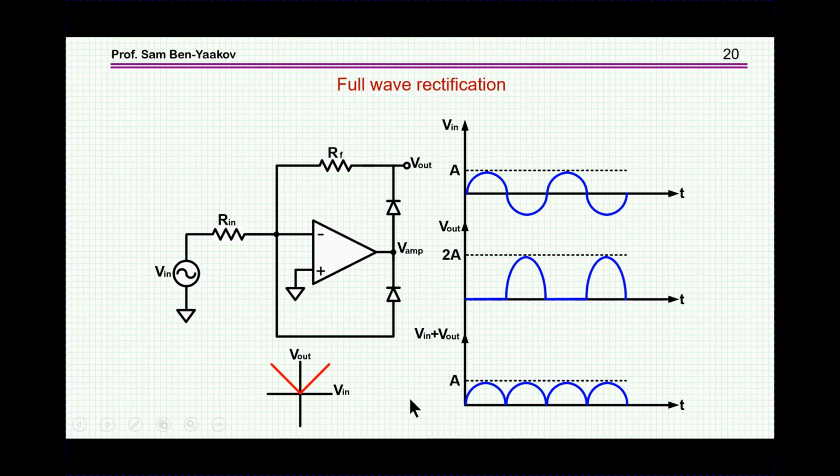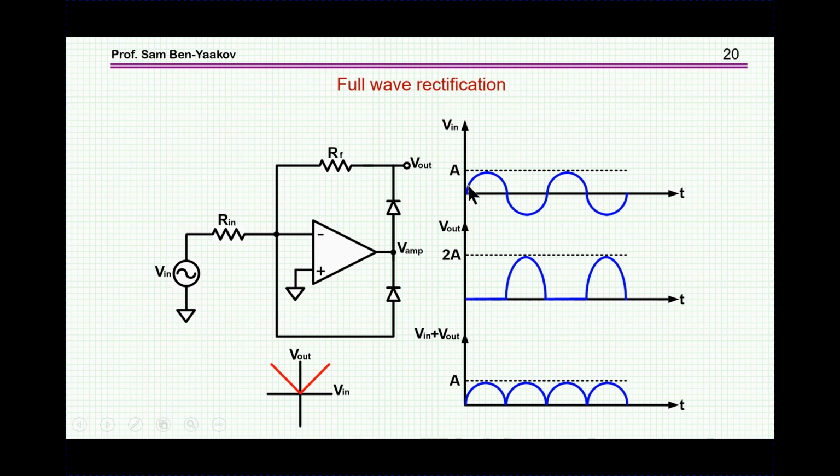Now, what about full wave rectification? The circuit that I've discussed up to now is a half-wave rectifier, and the idea that can be used in order to get a full wave rectification is the following. Suppose I'm using a half-wave rectifier like this. We have an output during the period in which you have a negative voltage at the input. Now, if we add